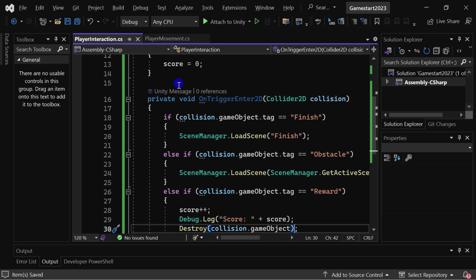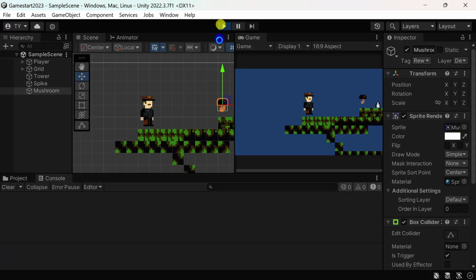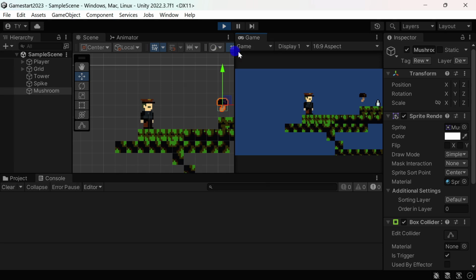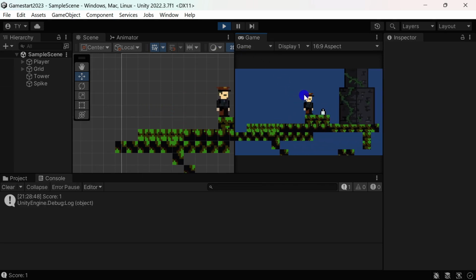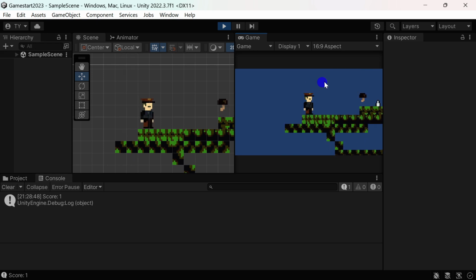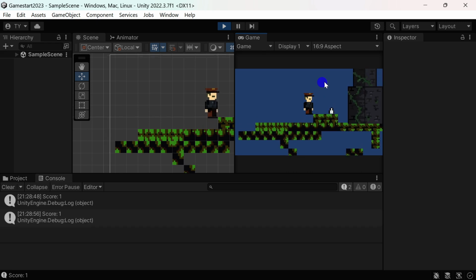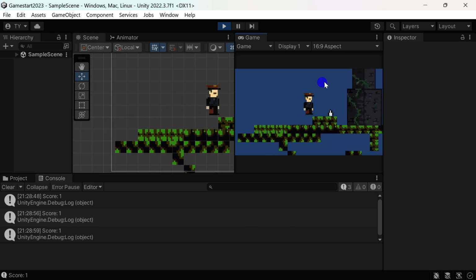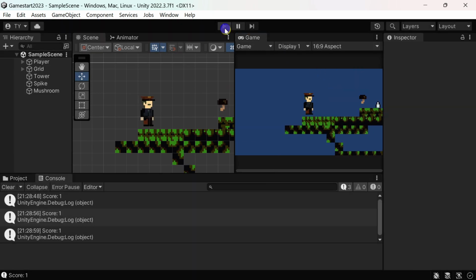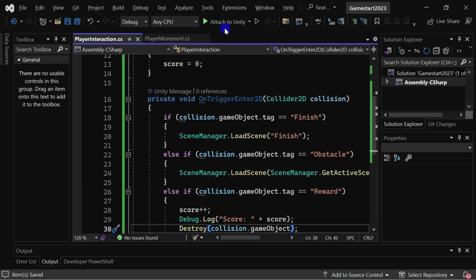Okay? So as we get back to the game, you're going to see that as we step on the mushroom, it gets destroyed and we get 1 point. And that's good. And as we die, the mushroom comes back. And we just keep getting 1 point over and over again. Alright, good. So now that we have that figured out,